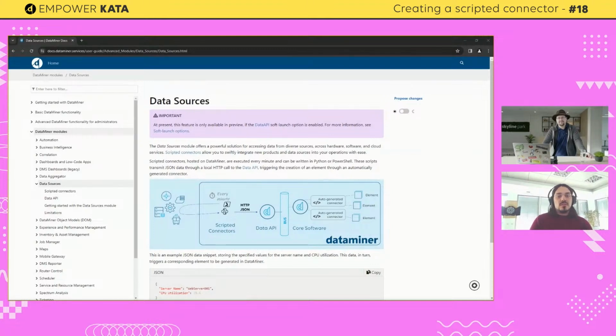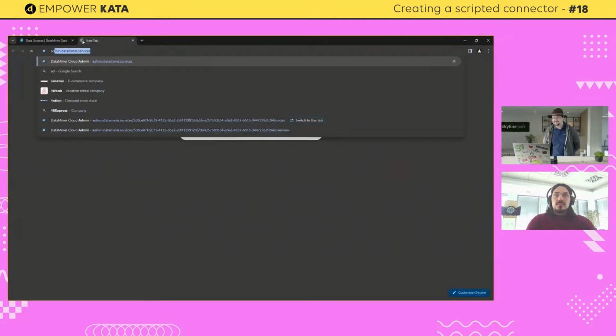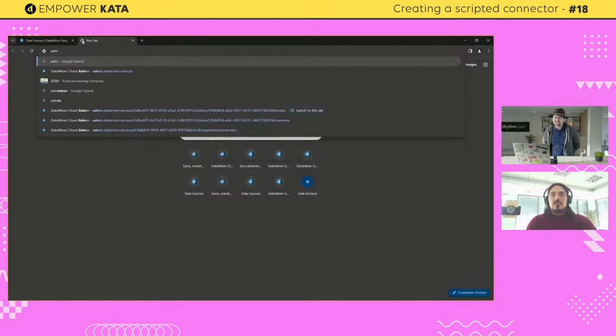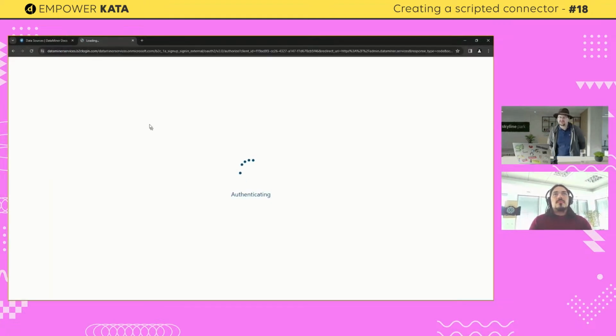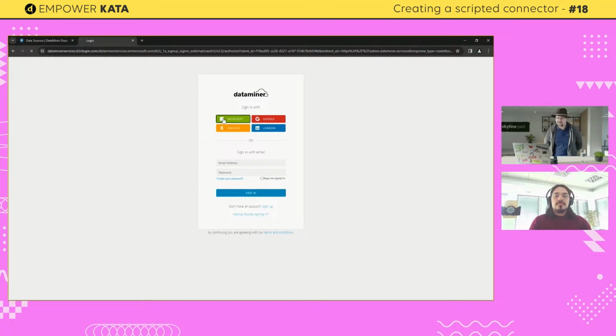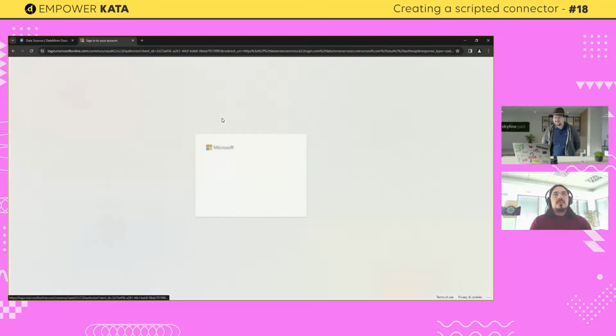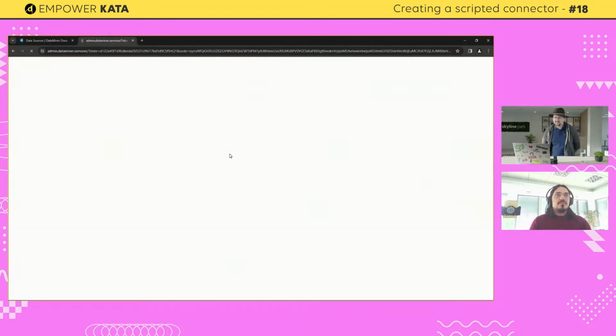I'll create a DAS, and we'll go through the steps. I'll start by going to the admin. All of this is also documented in the docs. Yes, indeed. So let's just log in.